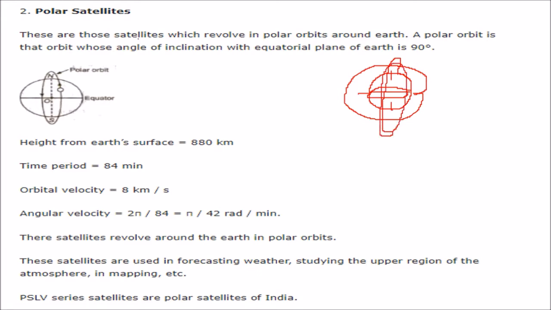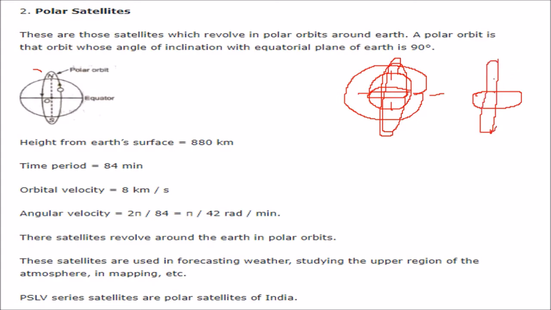These are those satellites which revolve in polar orbits, not on the equatorial. The polar orbit is that orbit whose angle of inclination with the equatorial plane of Earth is 90 degrees. That means this is the Earth's diameter plane, or the equatorial plane, then this orbit